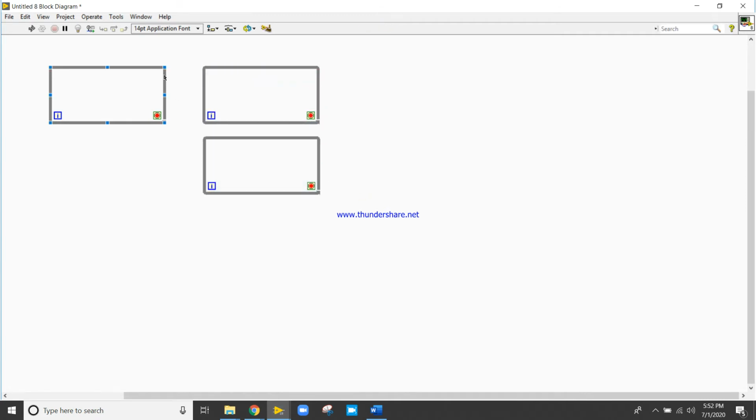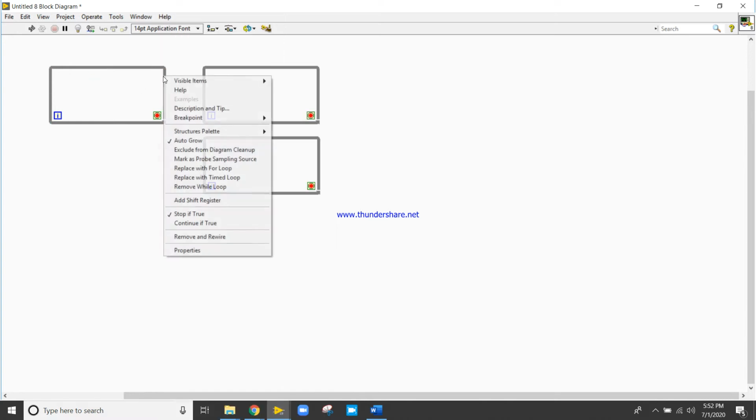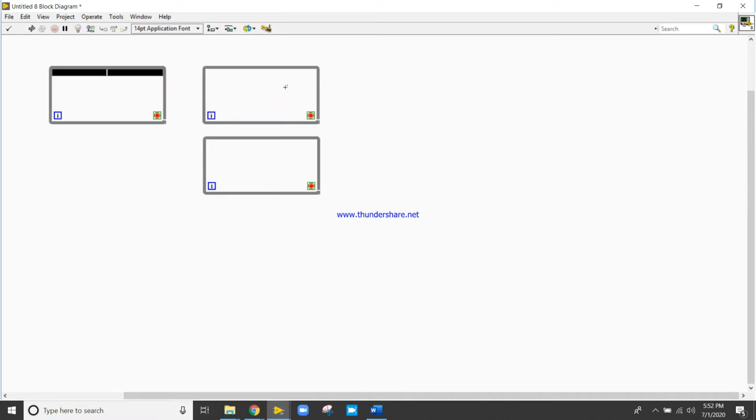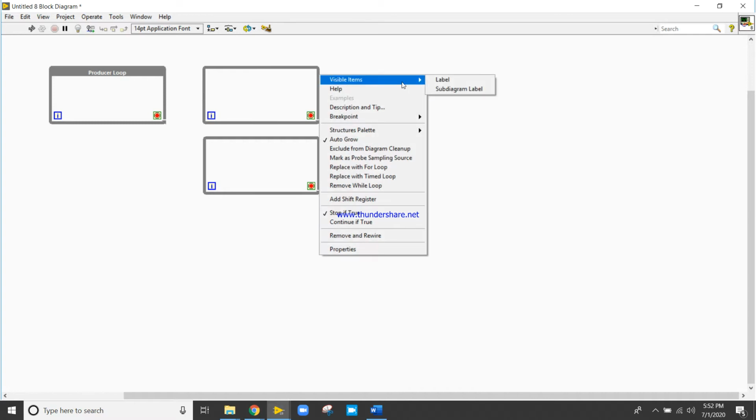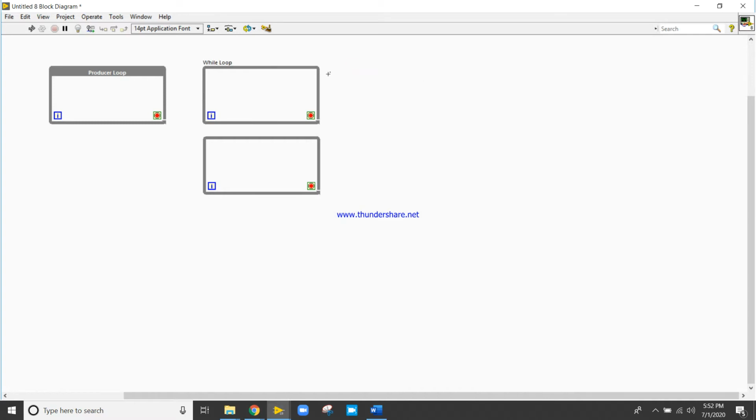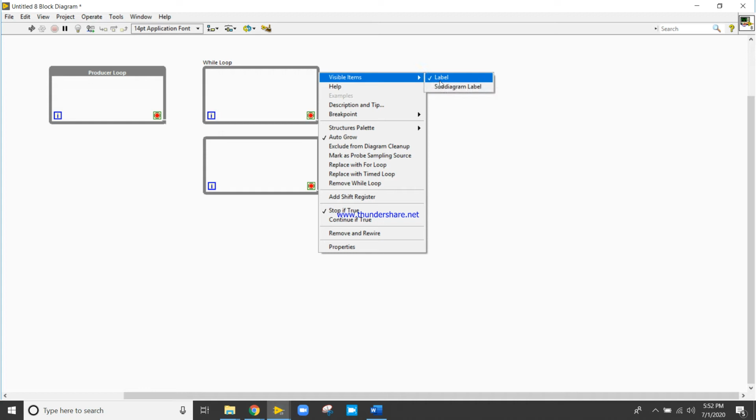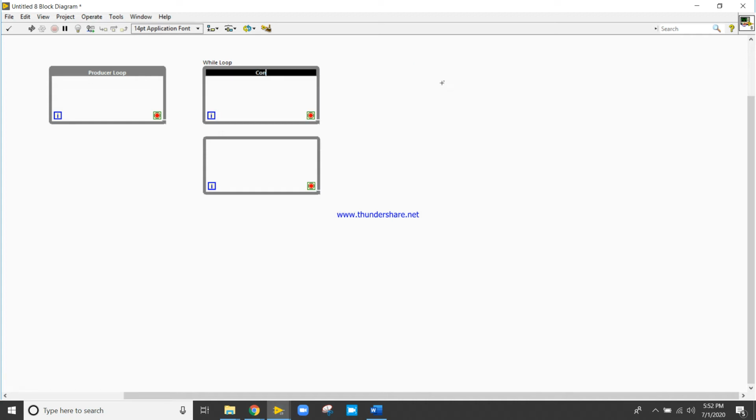So maybe this one is the producer loop. Right click, producer loop. Then this will be the consumer loop, consumer 1, and this will be consumer 2.